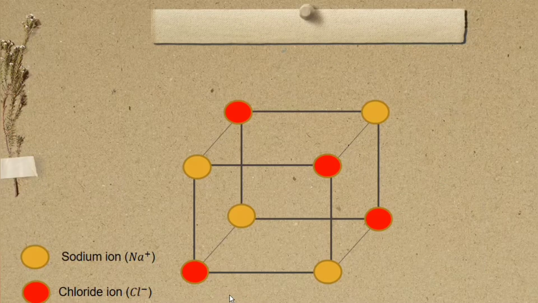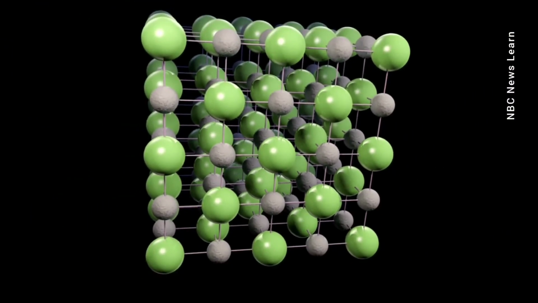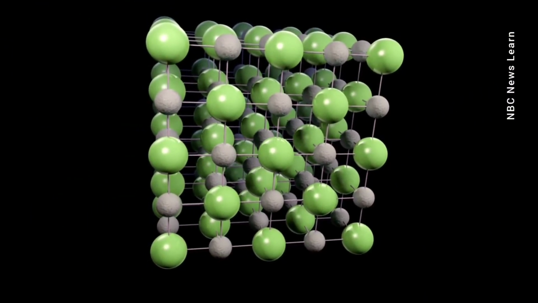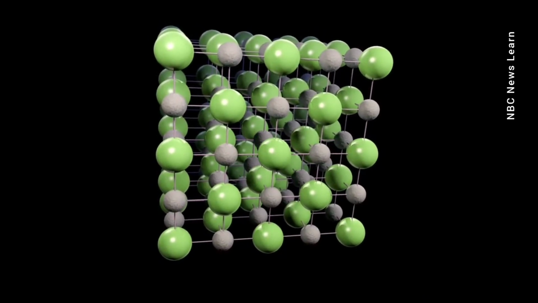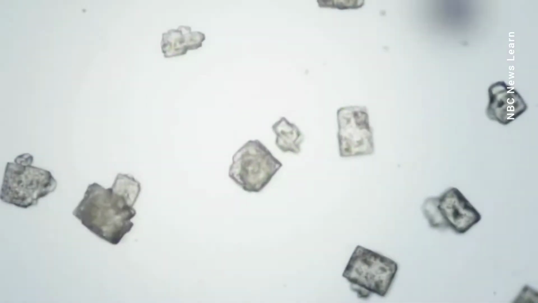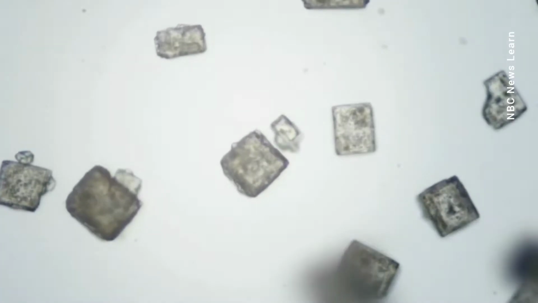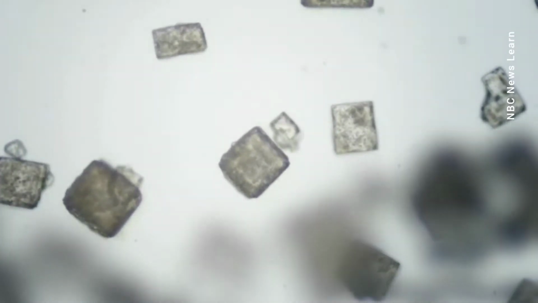Since each ion in NaCl is surrounded by 6 neighboring ions of opposite charge, the coordination number of both sodium and chloride ions is 6. This results in a crystal lattice of a type known as simple cubic, meaning that the lattice points are equally spaced in all 3 dimensions and all cell angles are 90 degrees. Therefore, you can expect to see the formation of cubic crystals.